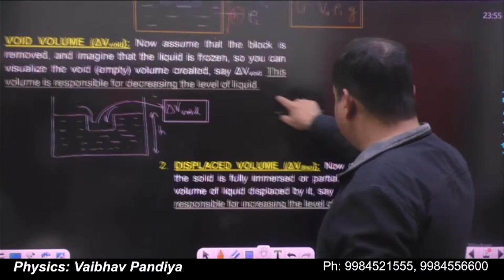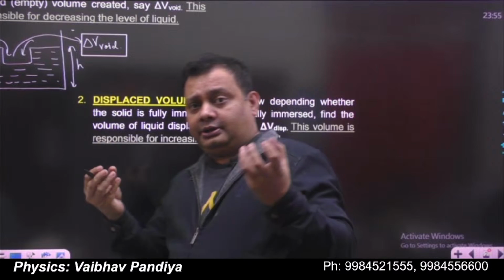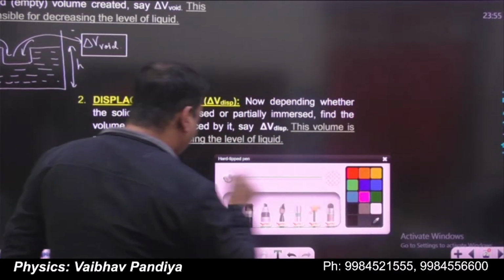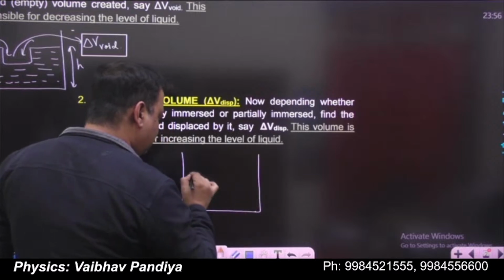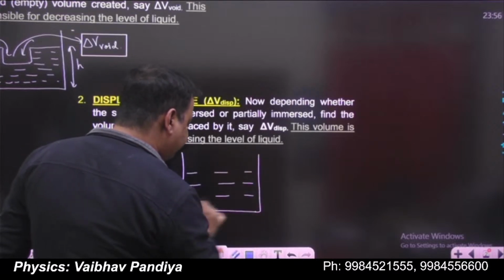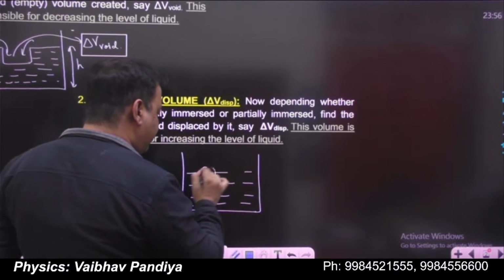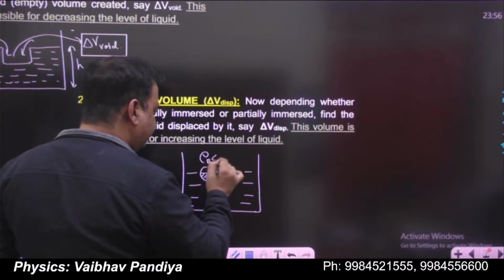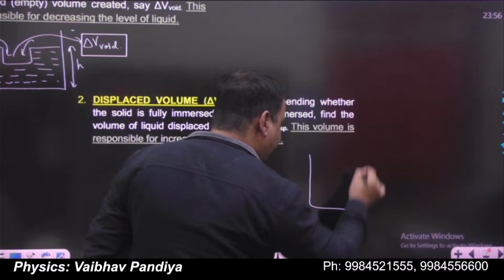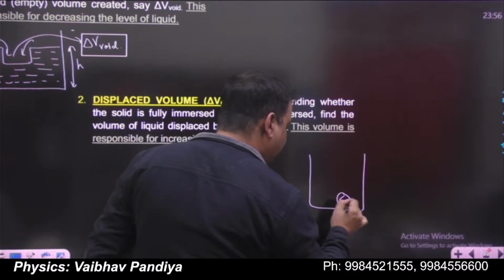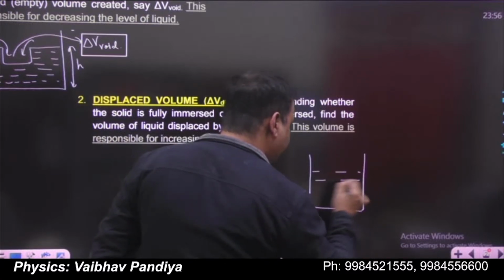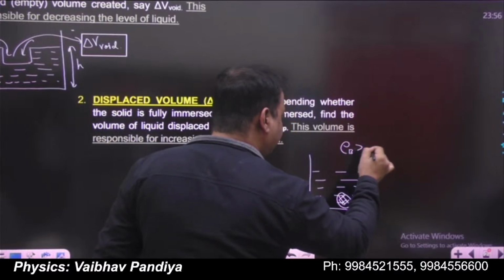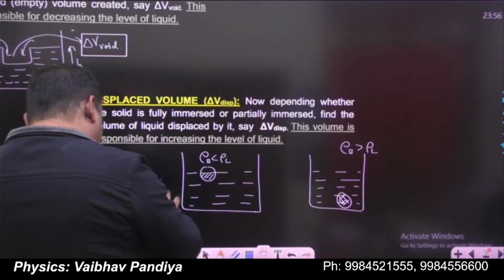Now suppose, in the very same container, you are putting some solid. The solid may be partially present in the container, of course, if the density of the body is less than the density of the liquid. Or the solid body may be deep inside the liquid, that is, it will sink in the liquid when the density of the body is greater than the density of the liquid. So in both the cases,